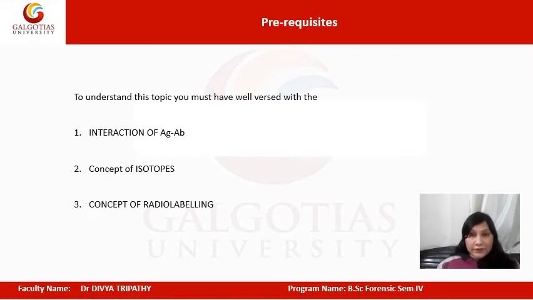Dear students, till now in module 3 we have covered the production of monoclonal and polyclonal antibodies. We have understood the concept of formation of precipitin bands by the reaction of antigen and antibody. We are well versed with the immunodiffusion techniques, like single immunodiffusion, also known as Mancini diffusion, and the double immunodiffusion, also known as Ouchterlony diffusion.